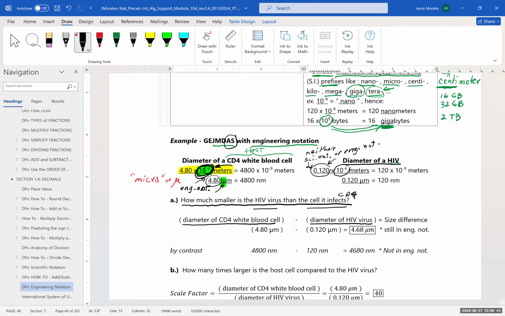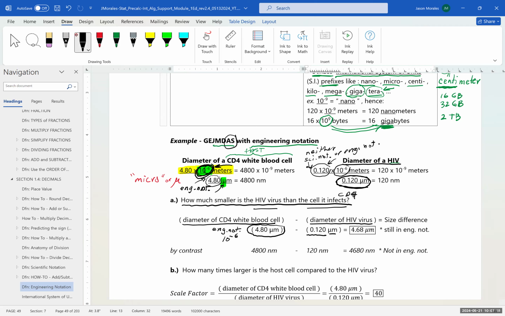And here we can see this is the diameter in engineering notation, where we're dealing with a base 10 with an exponent of 10 to the minus 6. And then we're going to subtract from that the diameter of the HIV virus, which we converted also to 10 to the minus 6, and that was 0.120